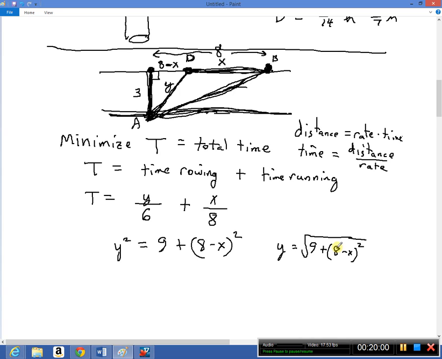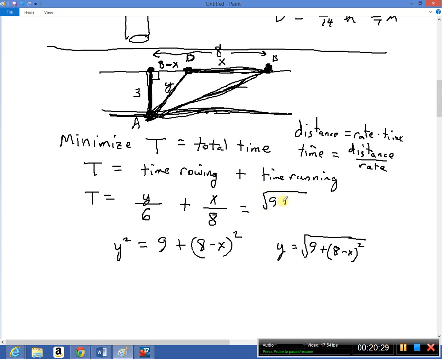Now wouldn't we love to distribute that square root and write that as 3 plus 8 minus x? Nah, no such luck. Radicals do not distribute over addition. This is a crucifiable offense. You have to leave it this way. It's not something you can simplify. Sorry. But this is our value for y, and so I can stick it in here